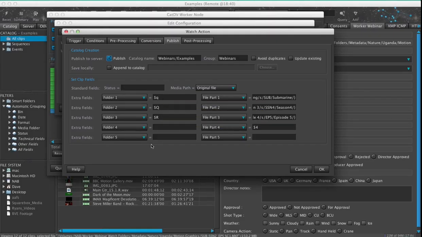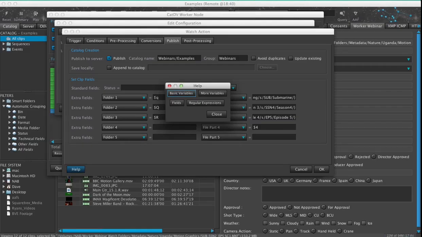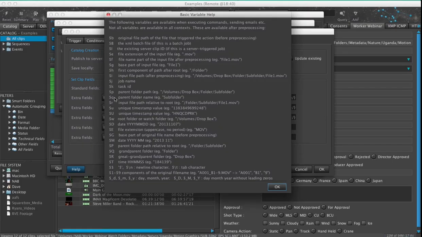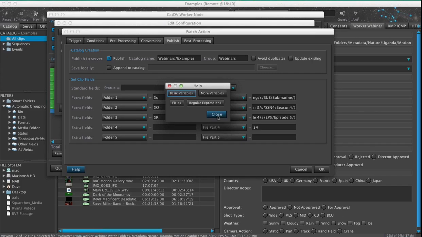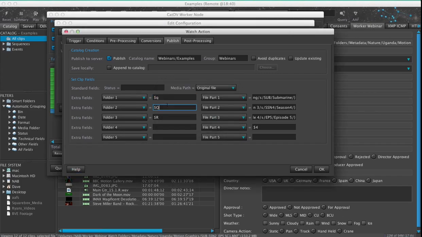So that's all pretty straightforward. If we go to our help file, we're using lowercase q, uppercase Q, and $R. So lowercase q is the parent folder name, uppercase Q is the grandparent folder name, and $R is the great-grandparent folder name. So that enables us to very quickly extract those bits of potentially useful metadata